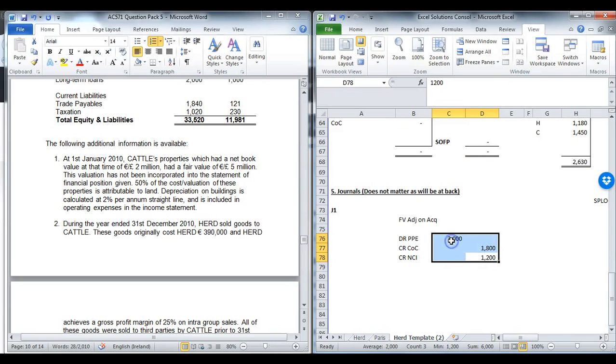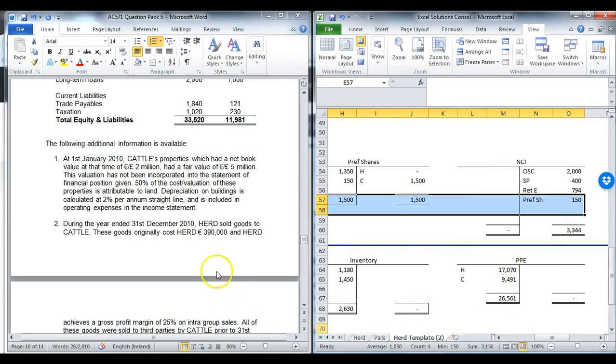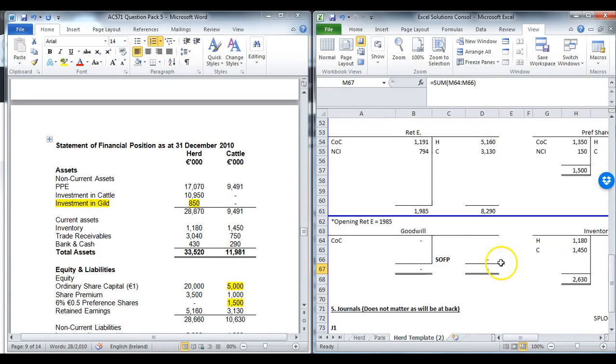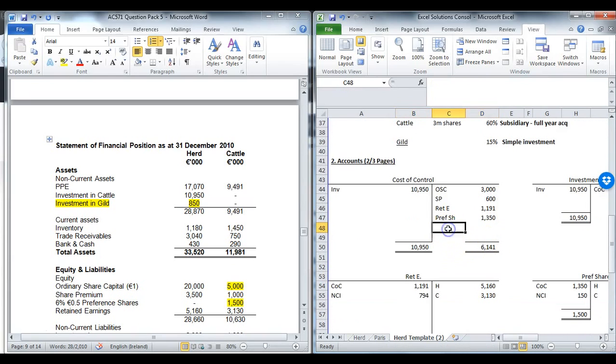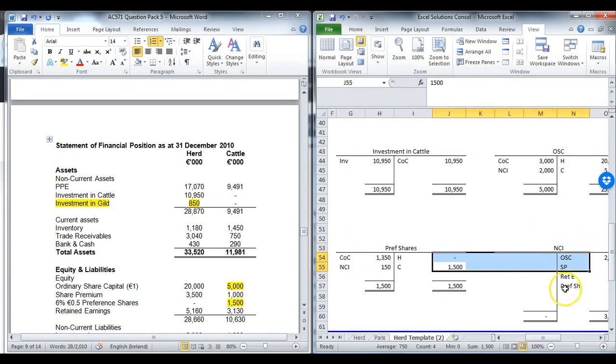So we take that then, journal 1, property, plant and equipment, we'll have our account open. So all you do is you get the opening balances, bring them in, and now we have journal 1, 3 million. It's nice and clean, and you're doing them as you go. So you don't have to come back to any working, you're capturing all the impact as you go. So credit cost of control, credit NCI. That's journal 1, 18.0, and finally then NCI, journal 1,